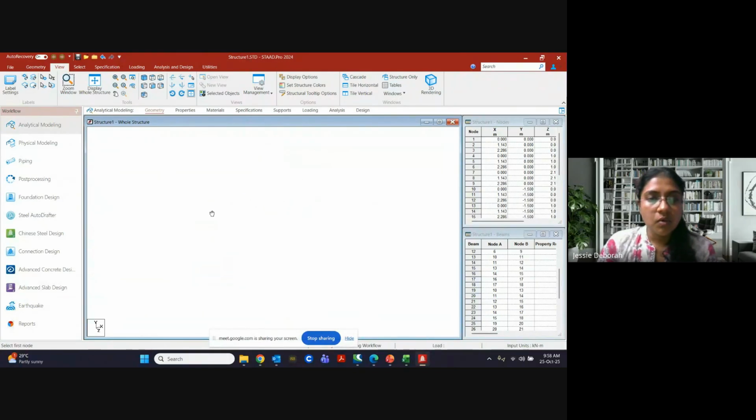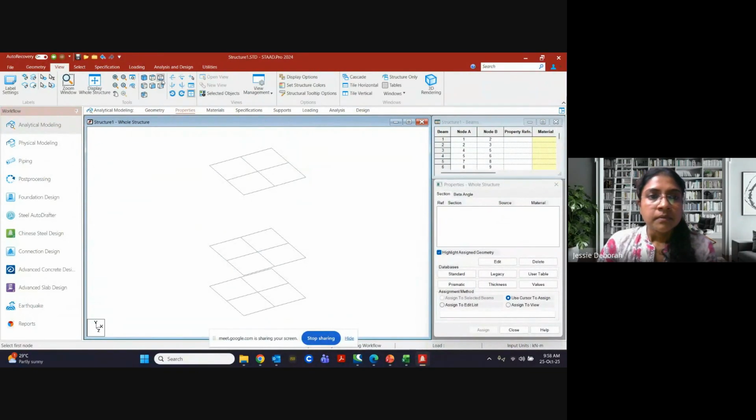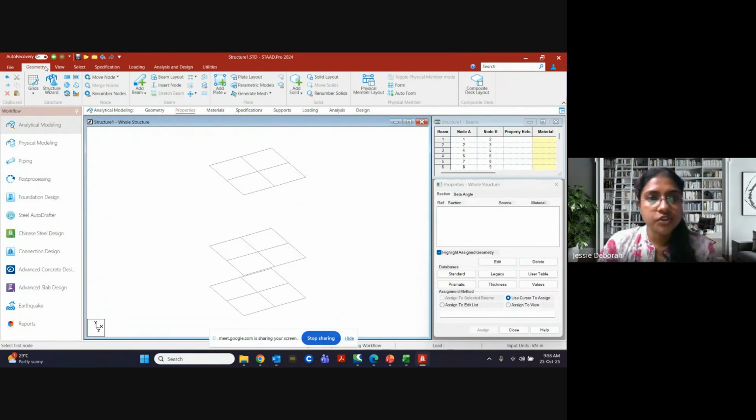Okay. So now I am going to add columns. We need columns, right? Geometry, add beam. I'm adding.